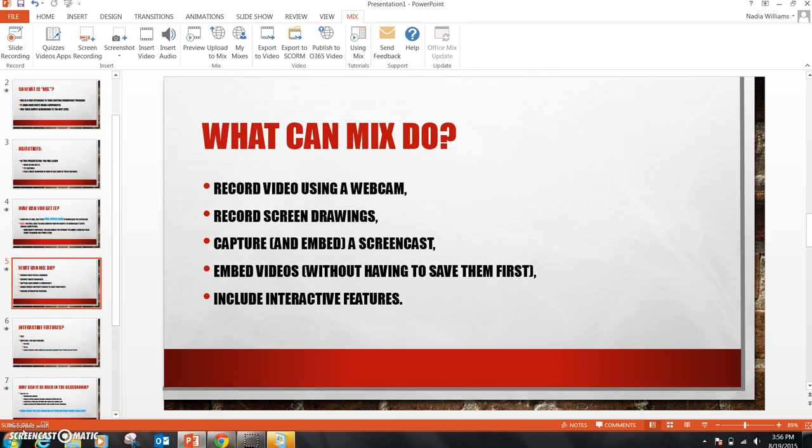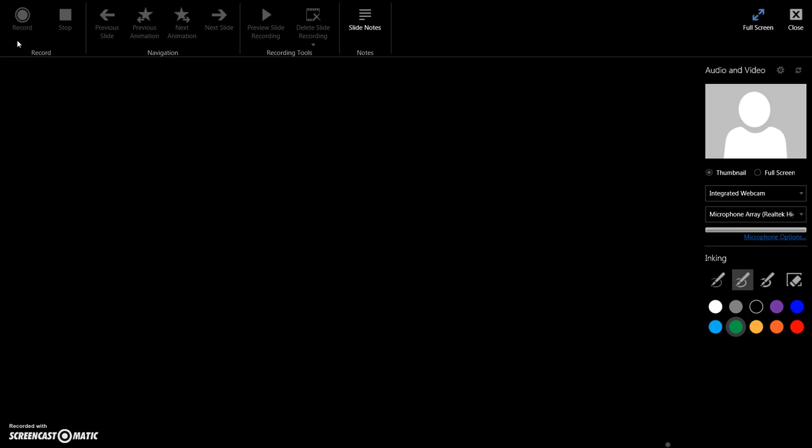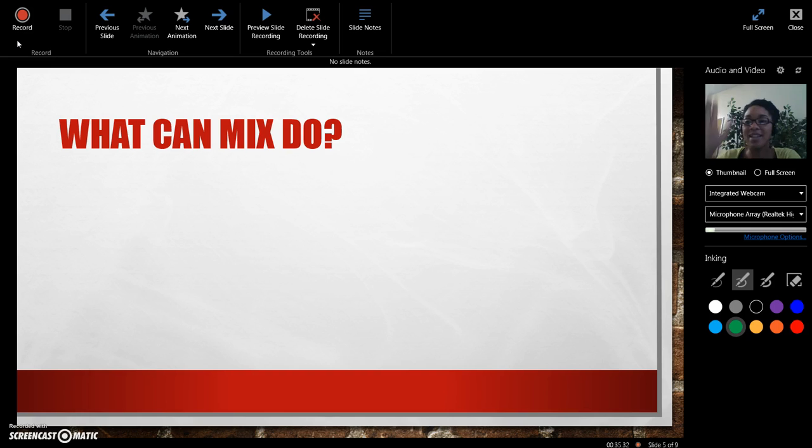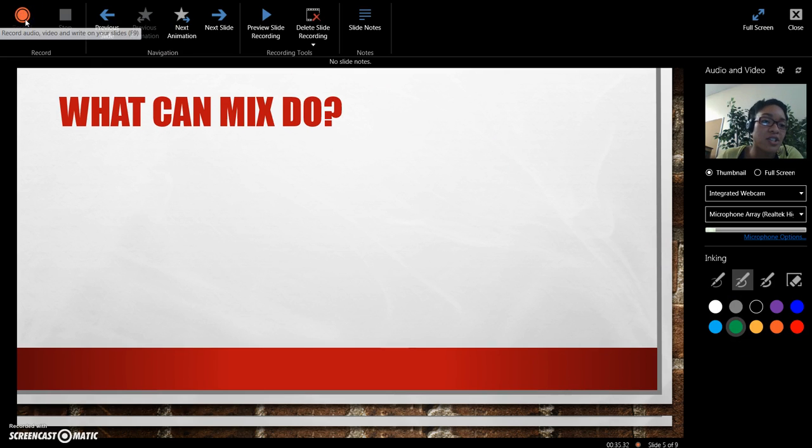Once you're in the editing mode in PowerPoint, just go ahead up to the very top and click on Mix. Once you click on Mix, it'll open up a variety of the Mix specific options. And if you go to the far left, click on Slide Recording. It'll pull up a black screen, and on this black screen you'll also see access to the webcam. Hello, there I am in the far right, saying hello to myself with my sassy headset. And I also have access to the marker functions that are over here at the bottom. I'm going to go ahead and click record